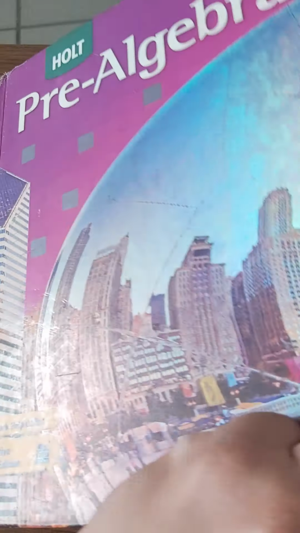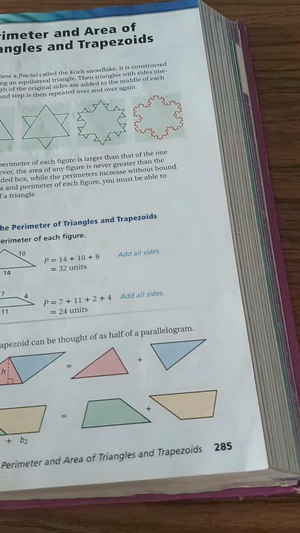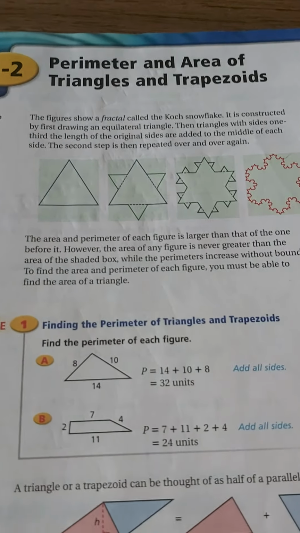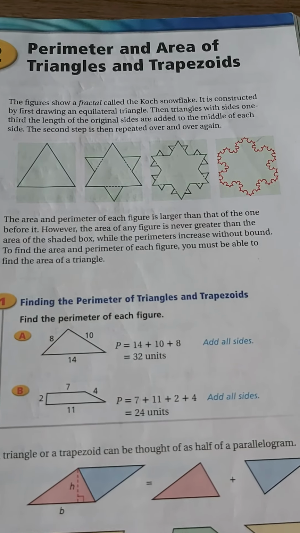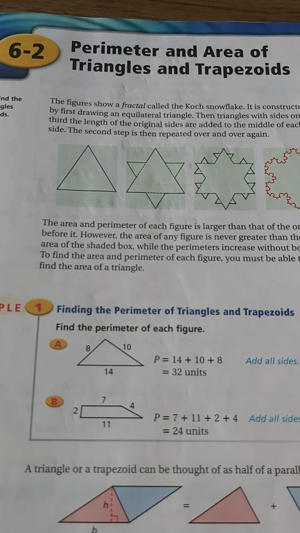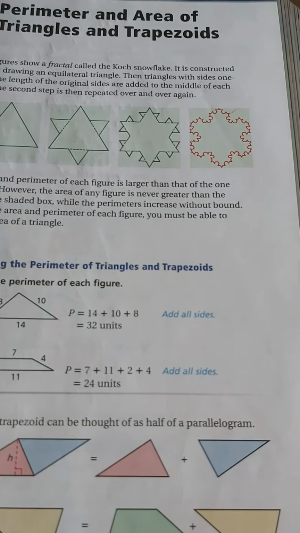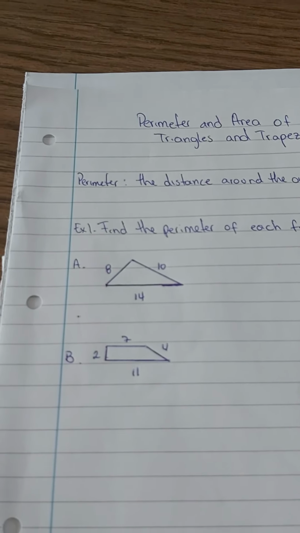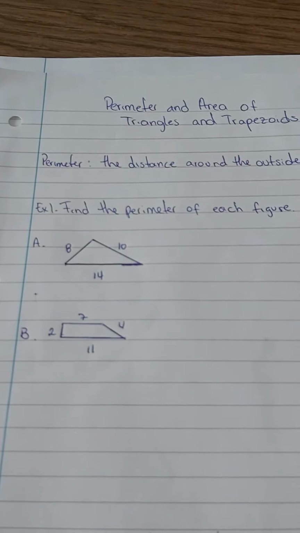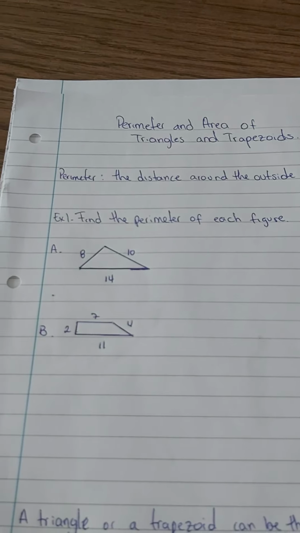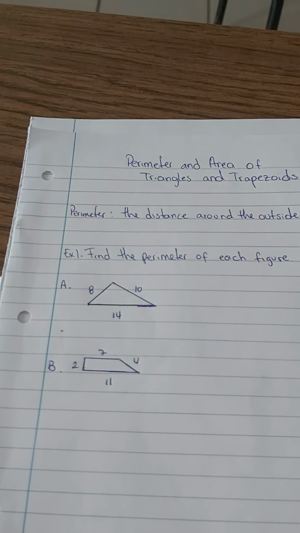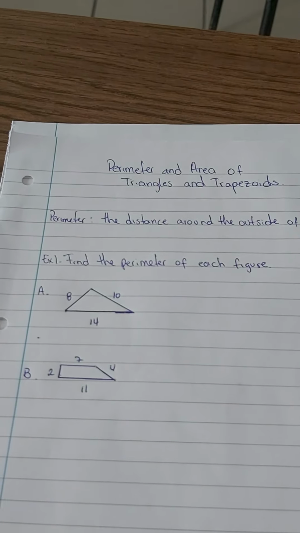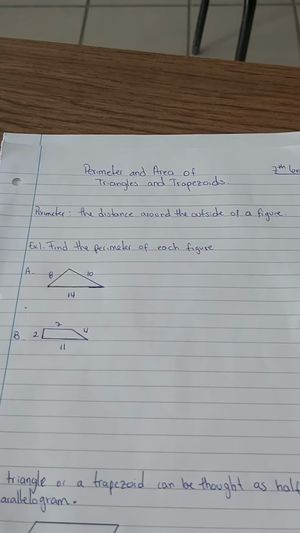Okay, 7th grade, here we go again. Page 285, perimeter and area of triangles and trapezoids. Page 285. Okay, so in the previous lesson, perimeter and area of quadrilaterals, we defined perimeter as the distance around the